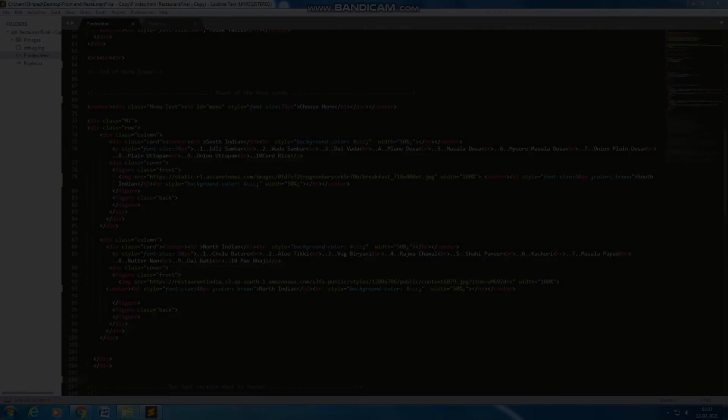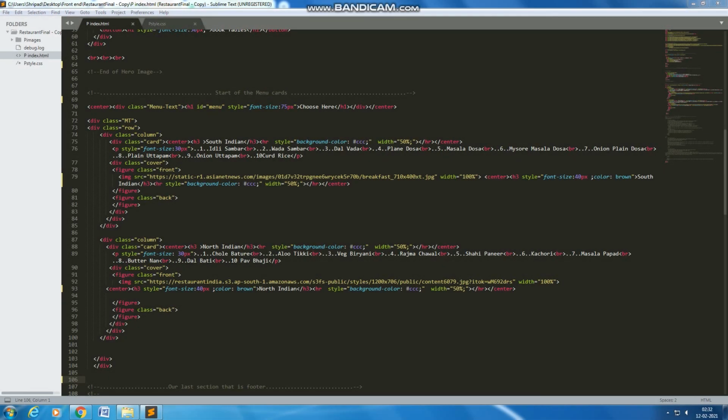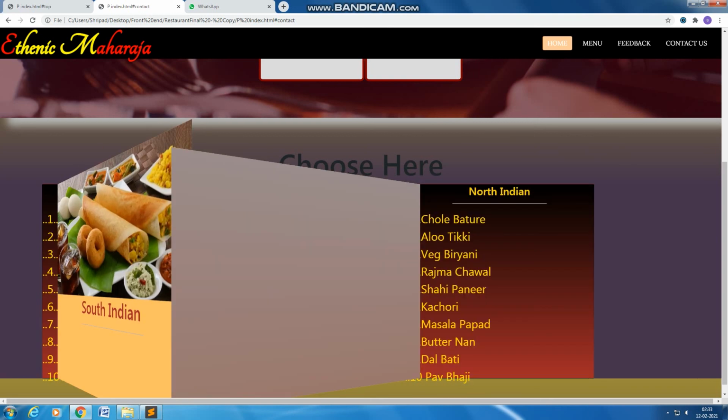Then next after the column class, we have the card class, the division for card class in both the cases. Here, as you can see, both have exactly the same code and same logic. It's just that they have different inputs. So I basically wrote the code once and then just copied it with different inputs here. If you understand this, this is just the same. So here I have the class as class card and I have written the title in center, inside the h3 tag. I have written my title here which I wanted to appear. This South Indian which I have written as the title is basically what is appearing on the top.